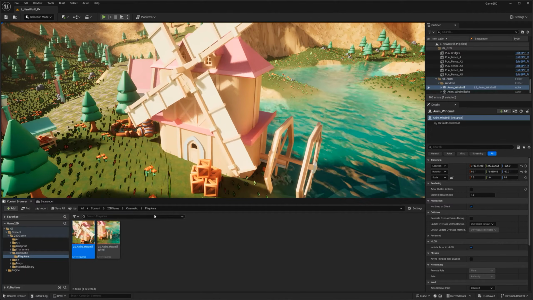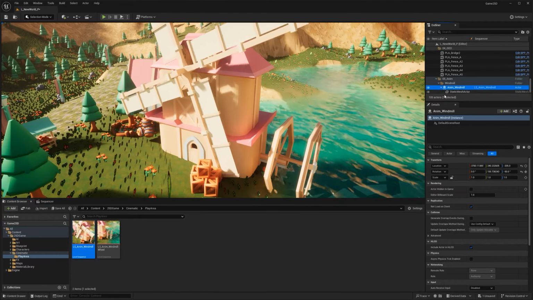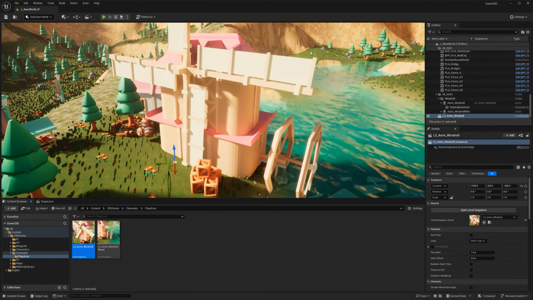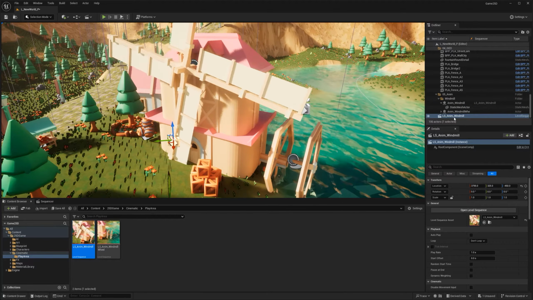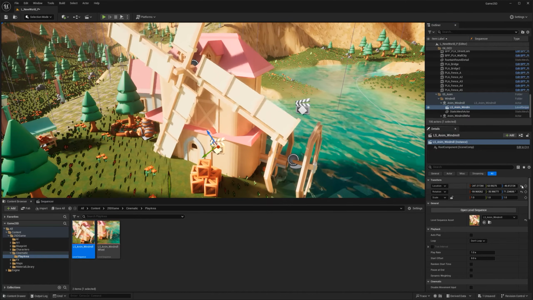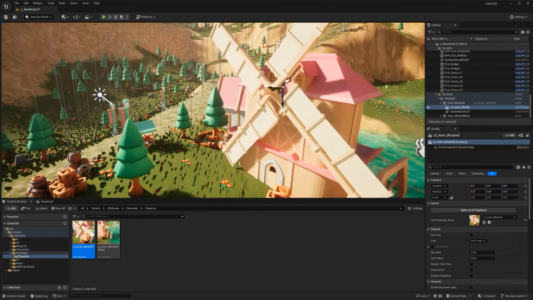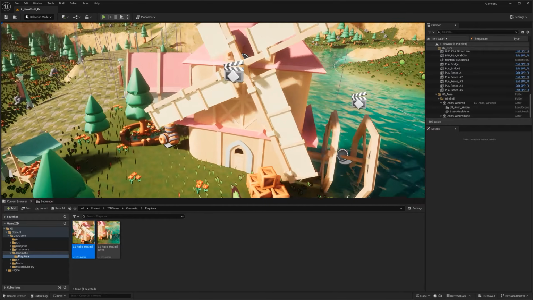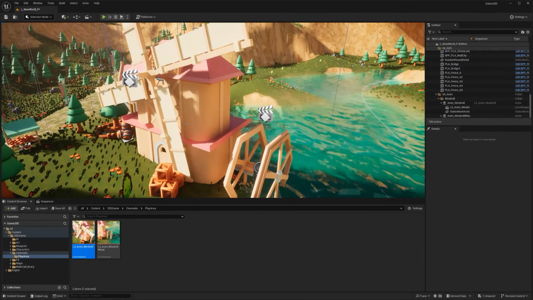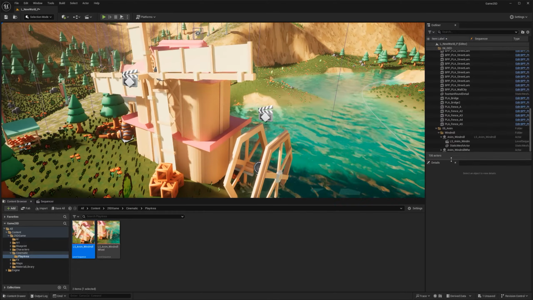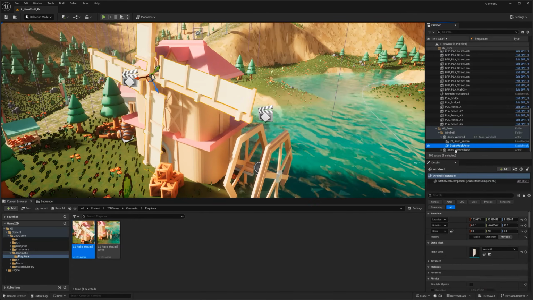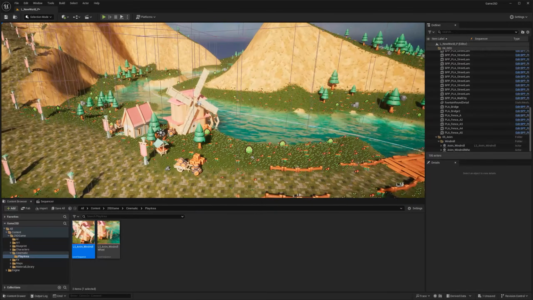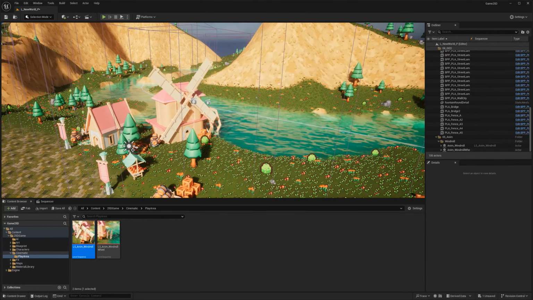And by the way, you can see that this windmill doesn't have the level sequence. The reason why I like to drag that to the world and have the icon there is just so it's easier. In case someone wants to make a change or animate differently, someone in your team, you have the icon there and it's literally displaying that that's where the animation is being played. And that's really quick, an interesting way to add some movement to the world.